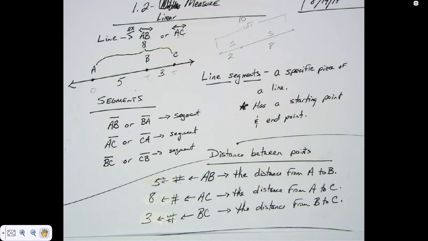Once again, because I hadn't said that, that's another reason why the definition sounded so weird. What are they talking about? Here after a while you can say AB plus BC equals AC, but for right now I would suggest saying to yourself the distance from A to B plus the distance from B to C equals the distance from A to C, to remind yourself that that's what that represents.